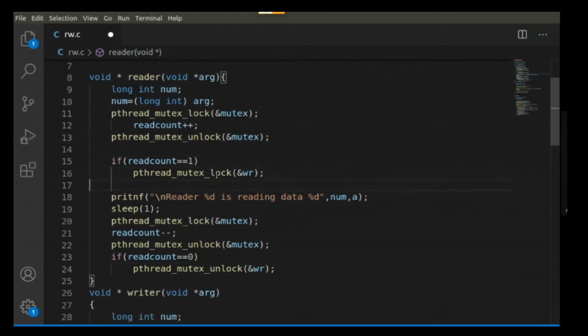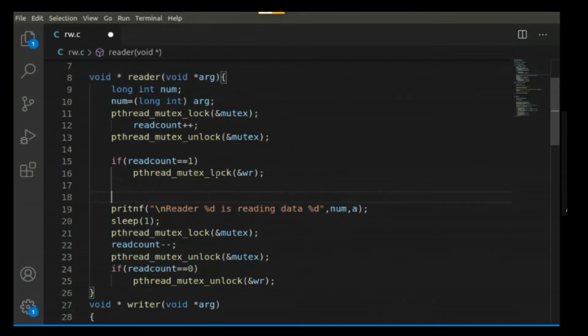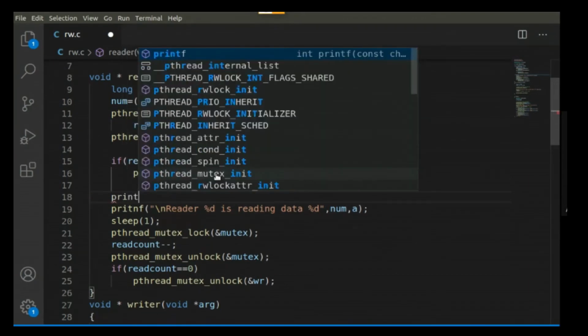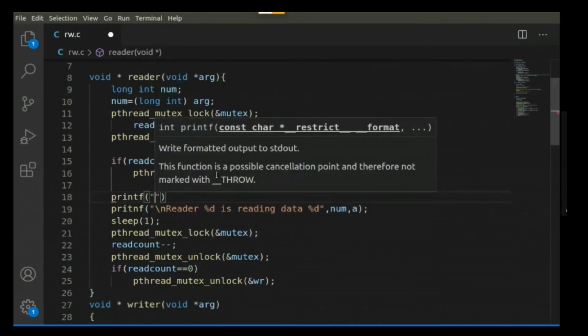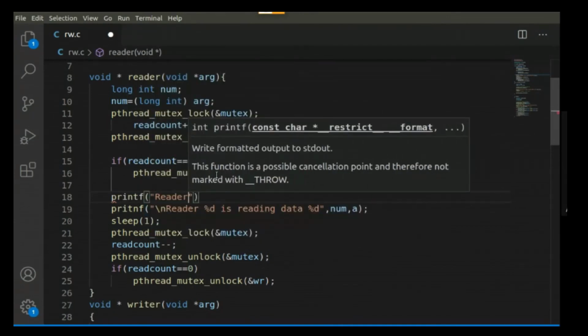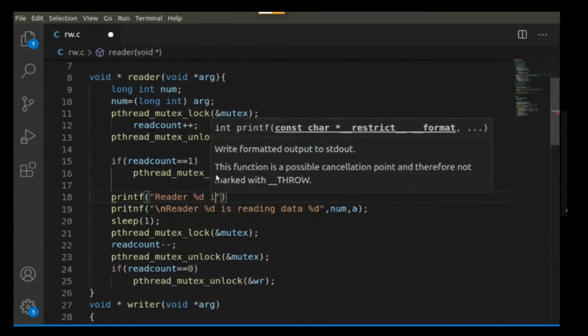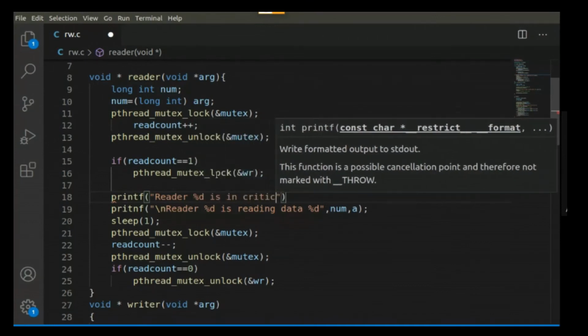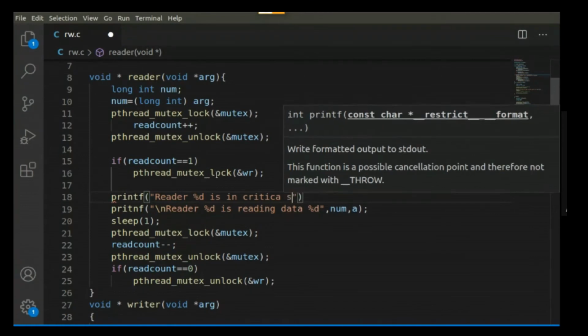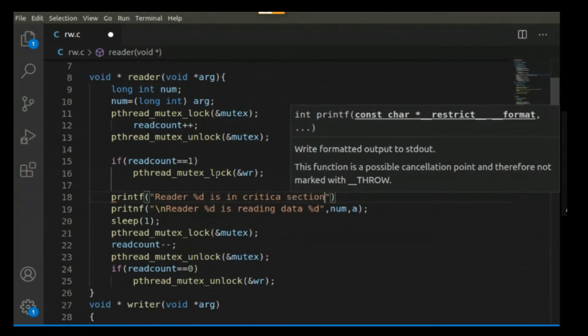In addition to this, shall we print some more messages? Yes, we should print more messages so that you will understand. As printf: reader %d is in critical section. Am I correct? Yes.